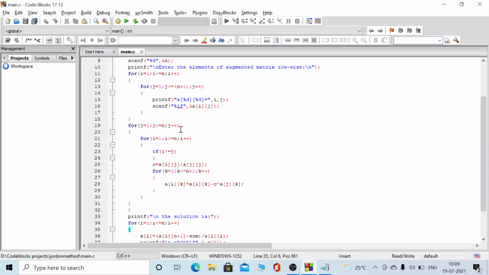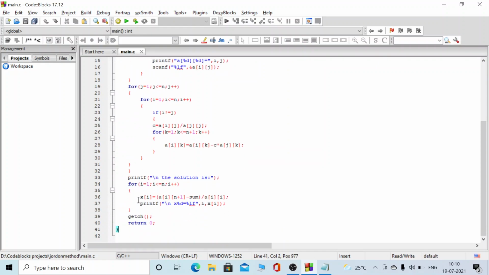To do that, we take another for loop and get inside it, keeping the c value, and the values of that particular row will be changed. This process continues until all the lower triangle and upper triangle elements become 0. After that, it will come out of the loop.